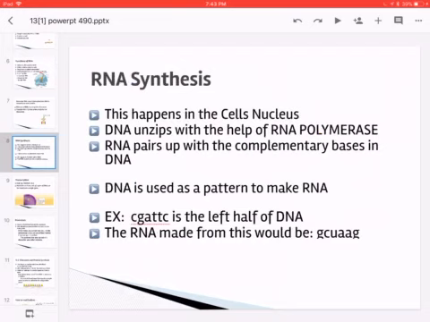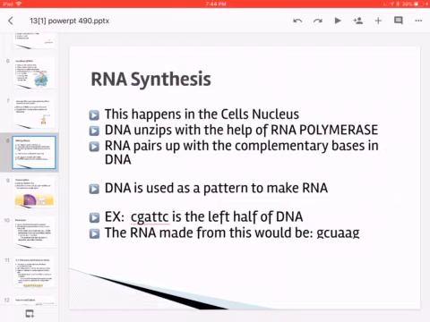So the base adenine in DNA would pair up with uracil to make RNA, and cytosine would pair up with guanine, just like in DNA. DNA is used as a pattern, or a template, to make RNA. So for example, if the left half of the DNA looked like this,